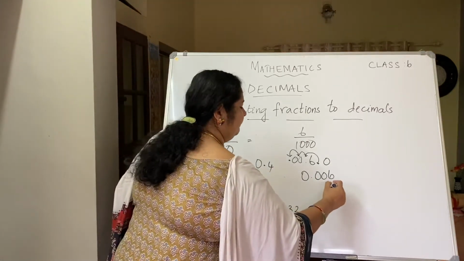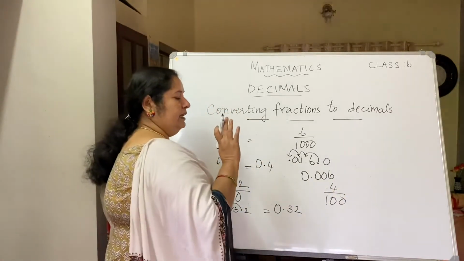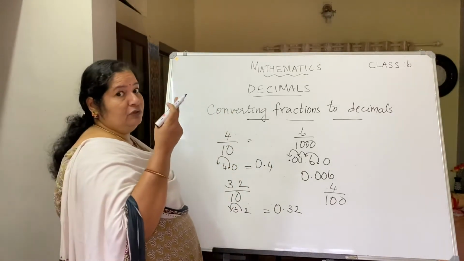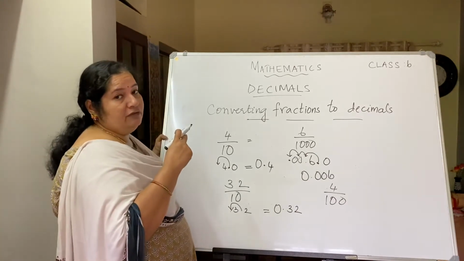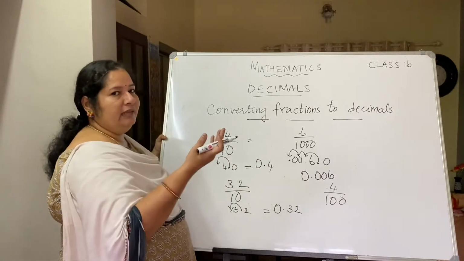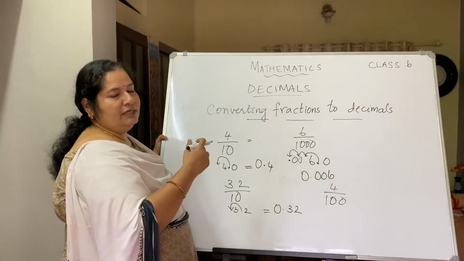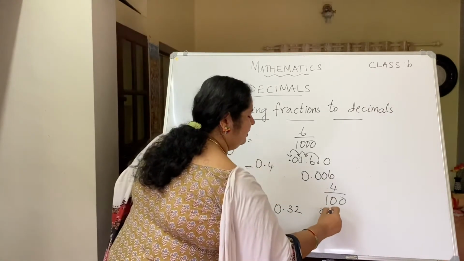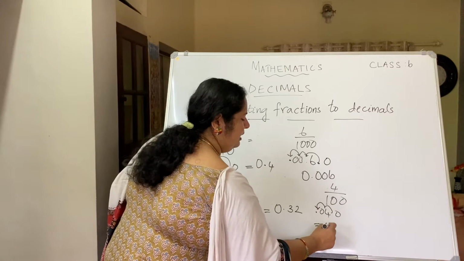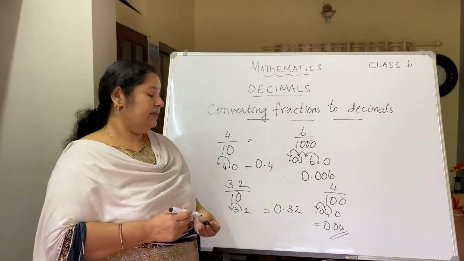Suppose it is say 4 by 100. So 4 is 4.0, that you should have in your mind. Then by 100. So you have to shift how many places? 2 places you have to shift towards the left, but you have got only 1 place over here. You require 1 more place, so you will create that place. It will be 04.0. Now shifting 2 places towards the left, your decimal point will shift 1, 2 places. It will come over here. So what is your decimal? 0.04. For the fraction 4 by 100, the decimal is 0.04.